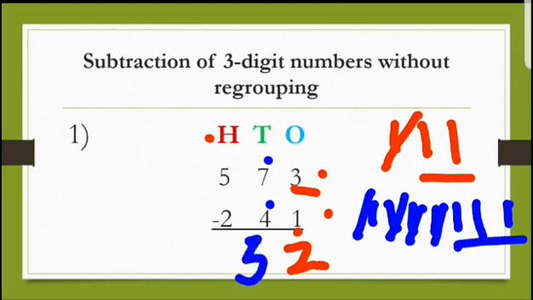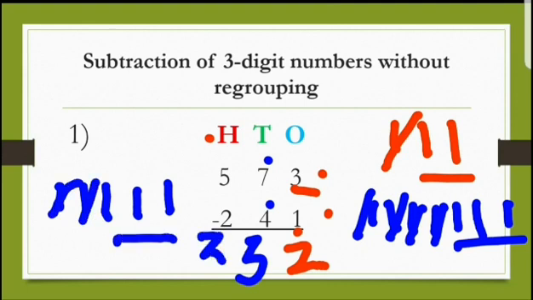Now at last we will subtract the digits given at hundreds place. So here the digits are 5 and 2. We will draw 5 lines: 1, 2, 3, 4, 5. And you have to subtract 2, so we will cross out 2. So how many left? Yes, 3. So children, what is the answer which you have got after subtracting? Yes, it is 332. So this way you have to subtract three-digit numbers.